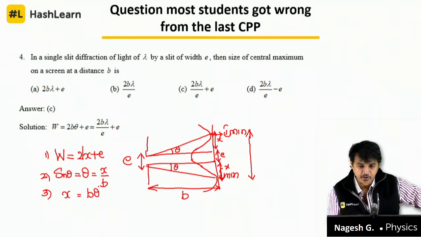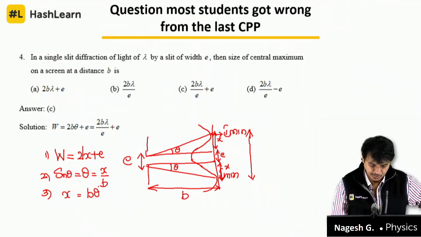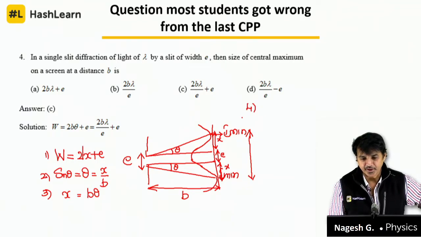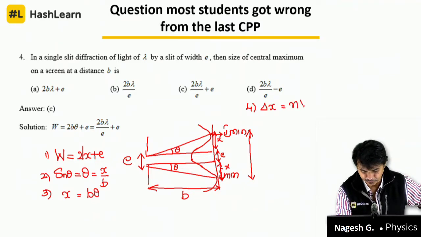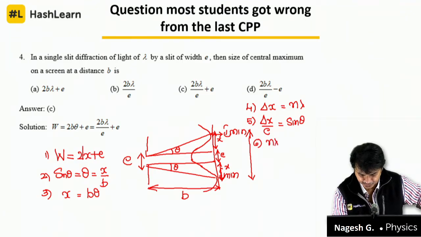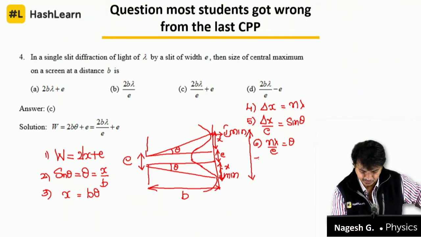It's a very good problem. Whatever problems I am giving you for solving, they are very worthy problems. Try to have a grip over them. Now, it is time to express theta. The condition for first min, path difference delta x is equal to n lambda, but we know that delta x by small d, here small e, is equal to sin theta. Therefore, n lambda by e is equal to theta, but it is mentioned in the problem first min. Therefore,